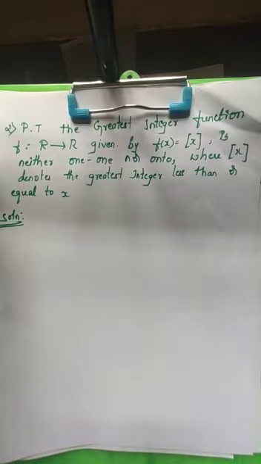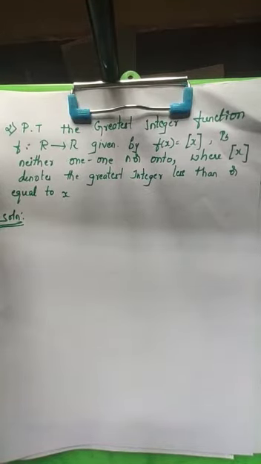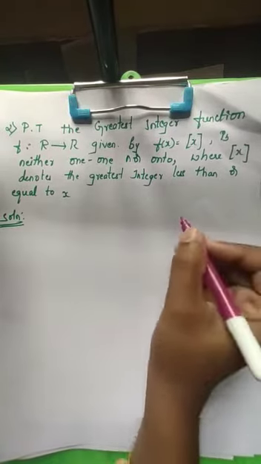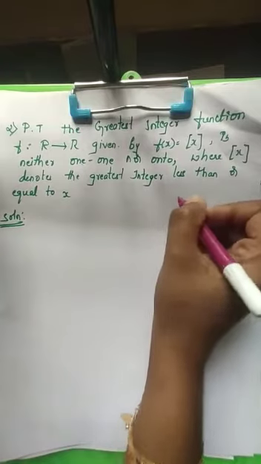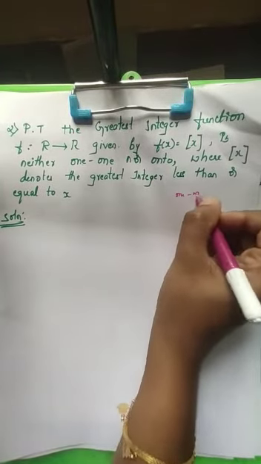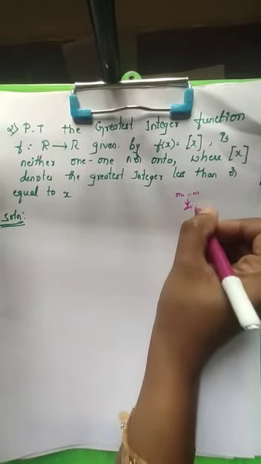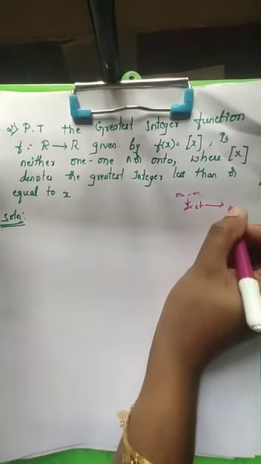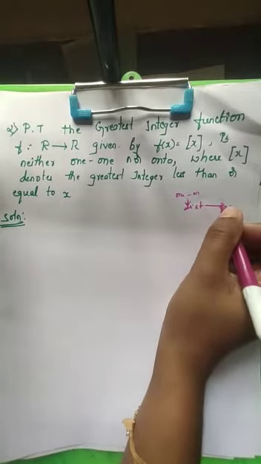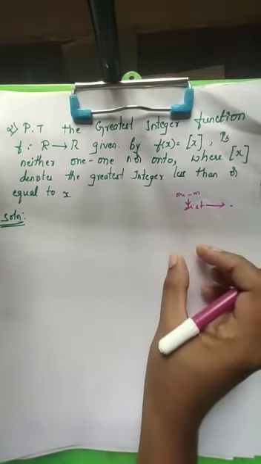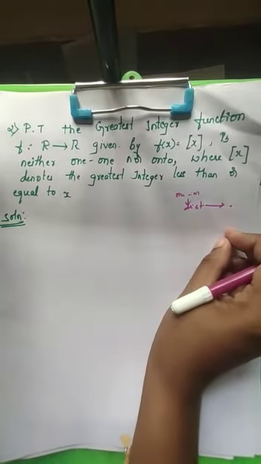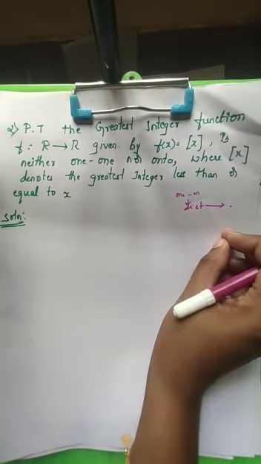Hello students. So today we'll continue with the problems on functions, that is, to check whether a given function is 1-1 or onto. I hope by now you are clear what you mean by a 1-1 function and an onto function. A 1-1 function is one where distinct elements from the domain should go to distinct images. If you have two elements from the domain having the same image, then that particular function is not 1-1.